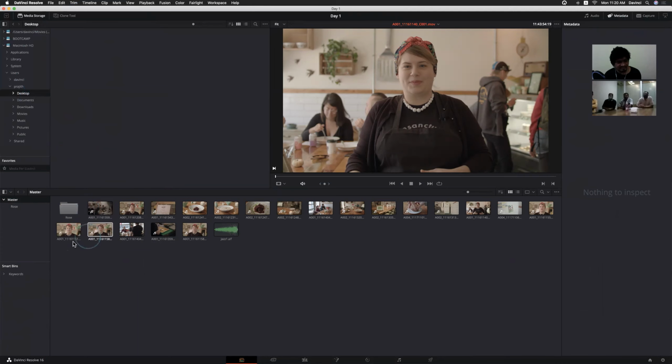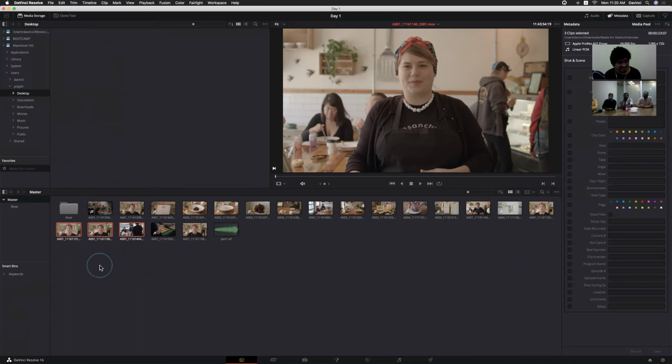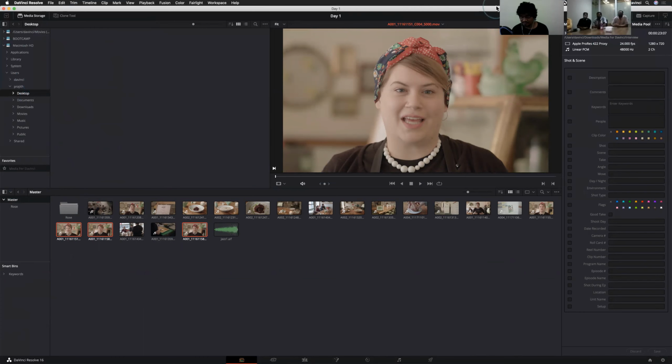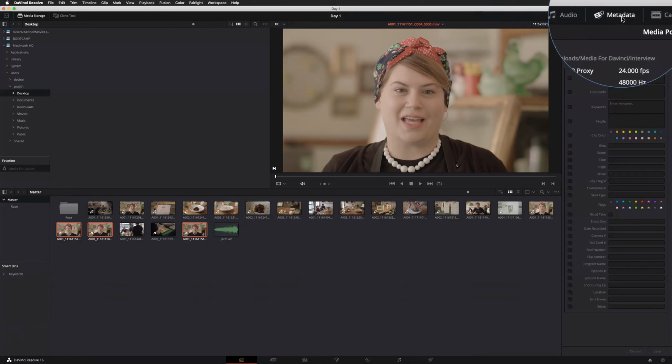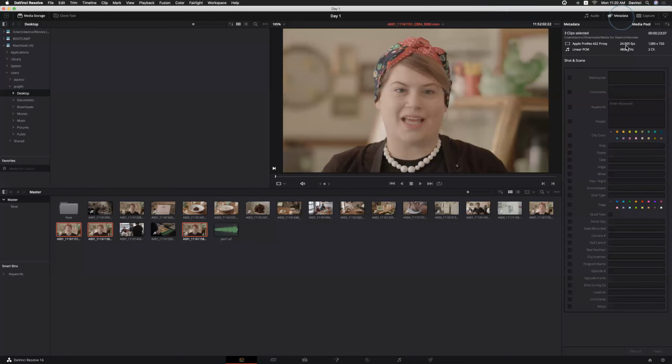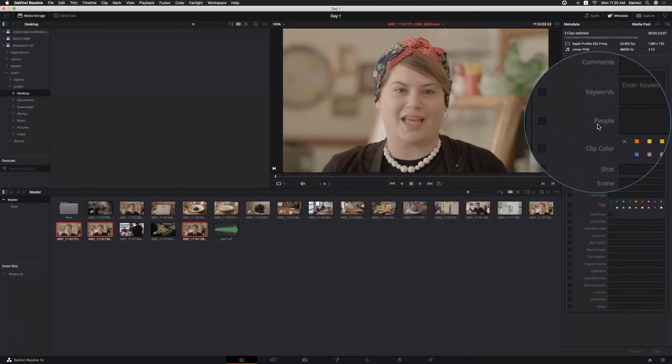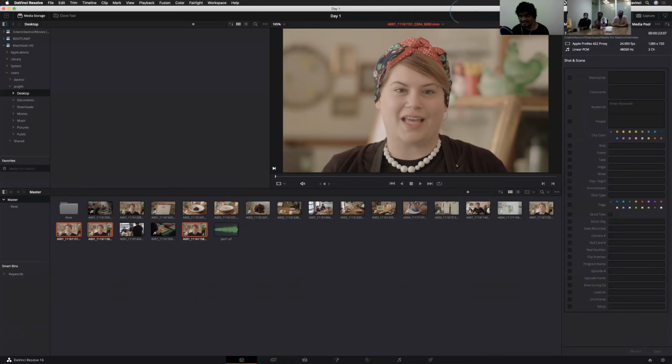Let's say I'm selecting these three clips, holding the command key. Come to this portion, metadata. In metadata we can see lots of options like description, comments, keywords, people, and we can assign these options.